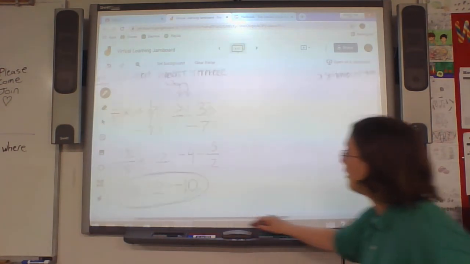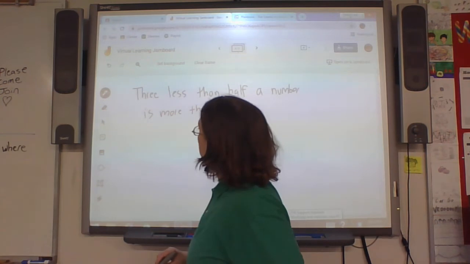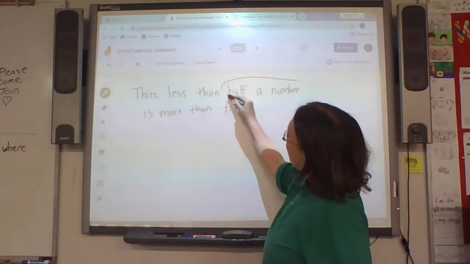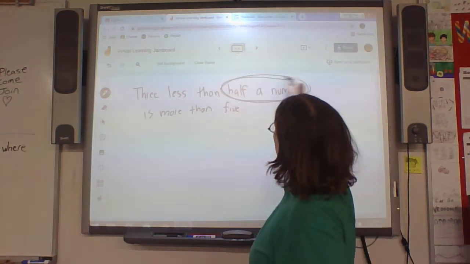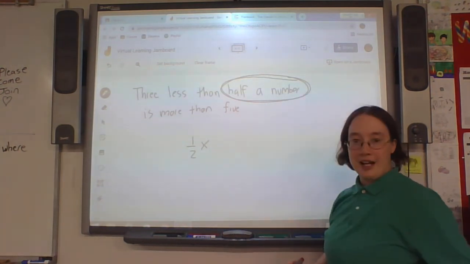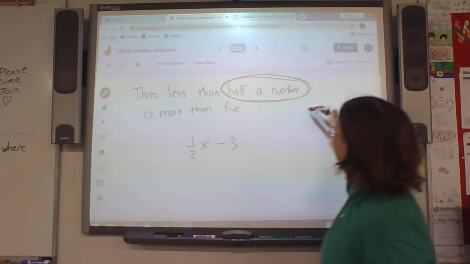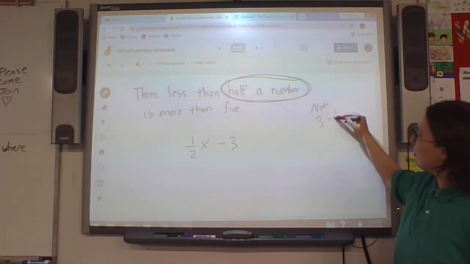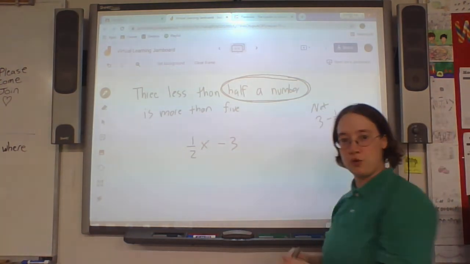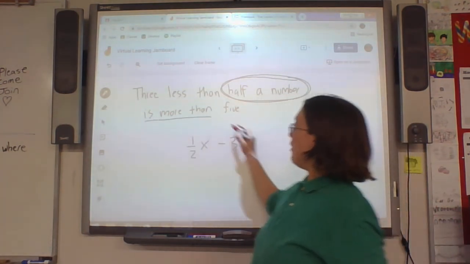All right. One more of those. So we got 3 less than a half a number is more than 5. So if we're looking at where our number is, we got half a number. So half a number, you could either call that 1/2 times whatever your variable you like. And then 3 less than that, again, watch out for that's this, not this. So if we have half a number and we have 3 less than that, we're subtracting 3 from that number. And then we want that to be more than, so is more than